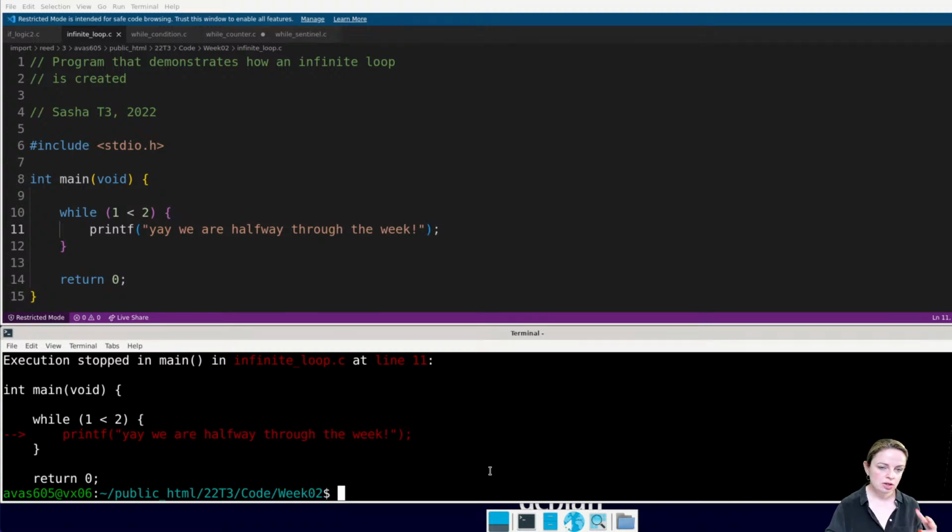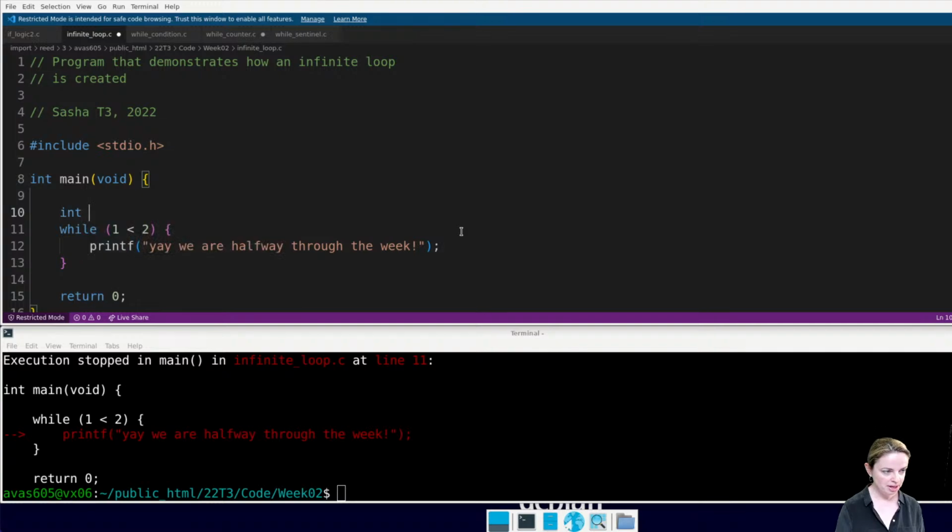Sometimes you do get stuck in infinite loops. That's okay. That's part of learning how to have a good time whilst coding. Usually when you get stuck in an infinite loop, it means that you haven't updated your condition. Even here, I might have int count is equal to 0, where I initialize my loop control.